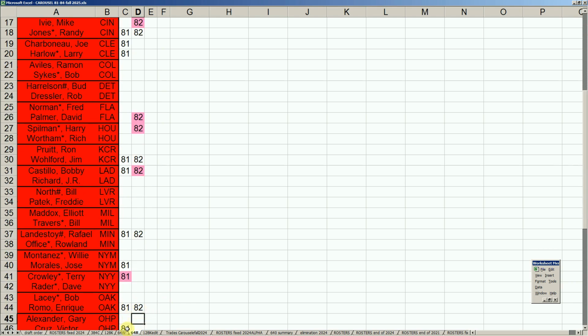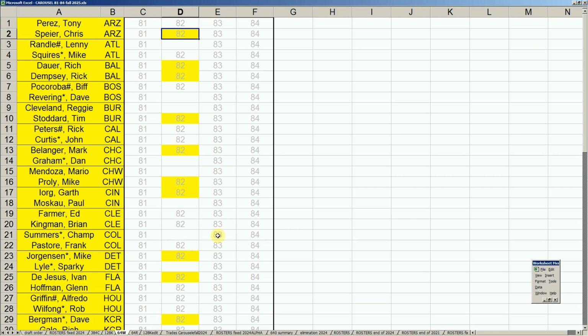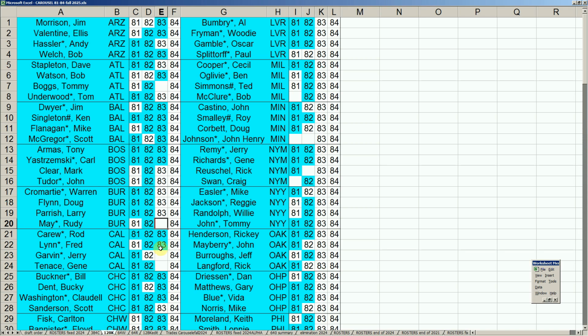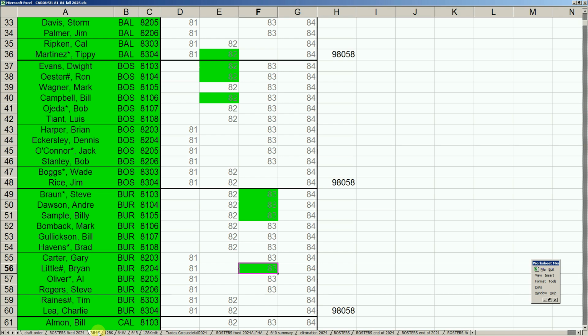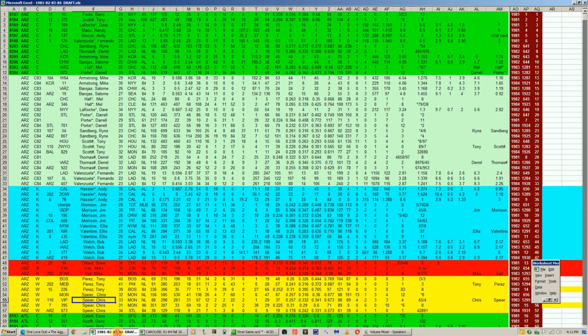So that's an indication of how to scout out the league draft so that when you're on the clock doing a particular draft pick, you've got all this information to come to a quick decision of the best player available for each team. We also, in this process, in the 83 process,